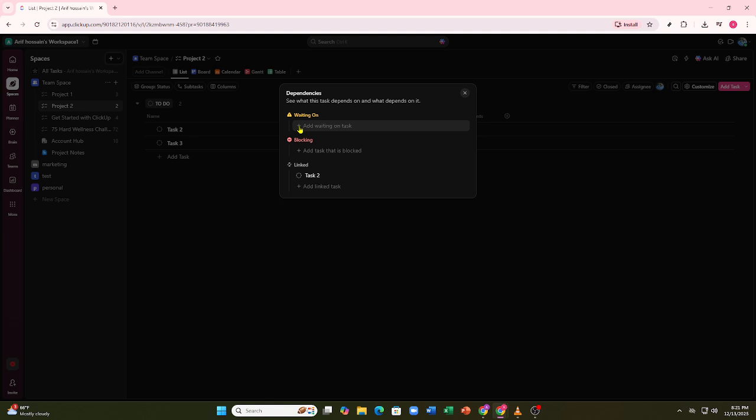and that's pretty much it. Creating dependencies in ClickUp is simple, but it makes a huge difference in how clean and organized your projects feel. Once you start using them, managing task flow